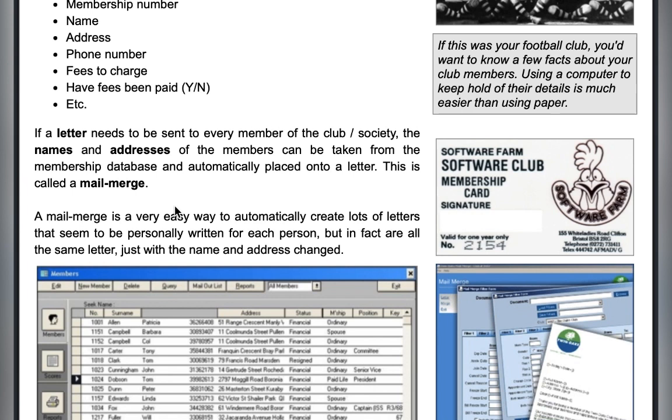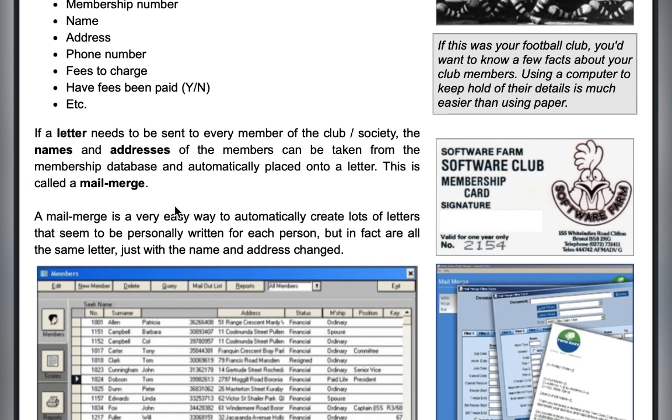So when you take information from a database, copy it and put it on a letter, this is called a mail merge. When you merge the data and information from a database with a letter, it's called a mail merge. How to do a mail merge, we're going to learn in ICT practical in paper 2.